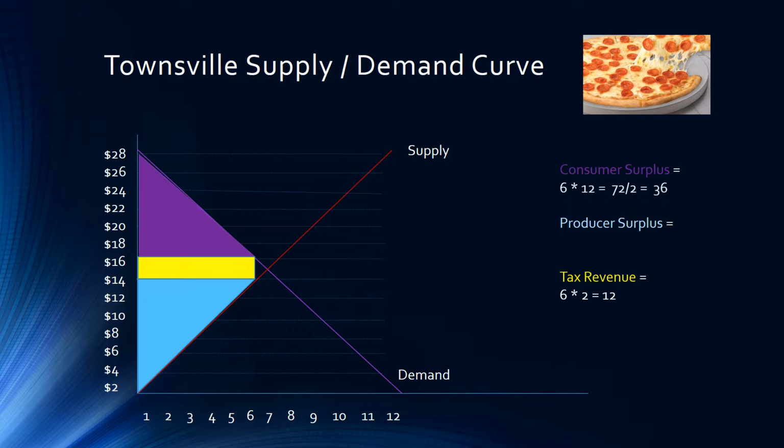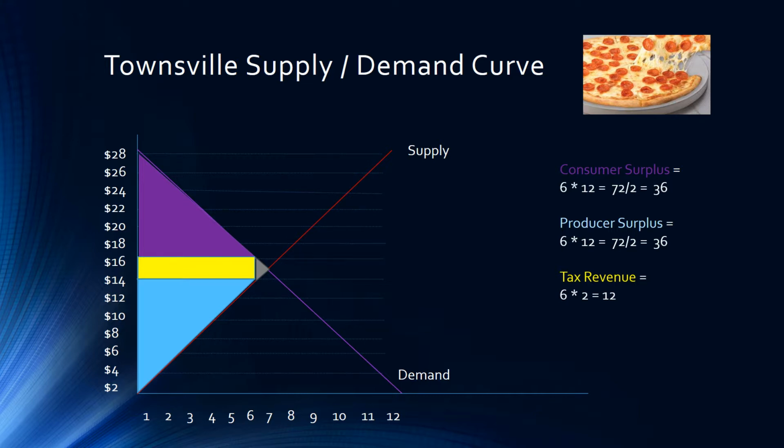Our consumer surplus shrunk, so that will need to be recalculated. And our producer surplus shrunk, so that also needs to be recalculated. Notice the gray triangle. This is where we lose efficiency. This is what is known as deadweight loss. Anytime a good or service is taxed, it will cause a deadweight loss. This is